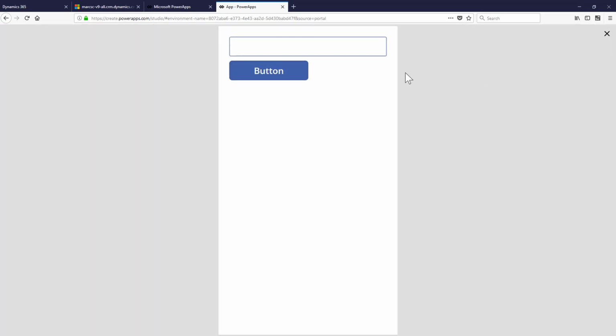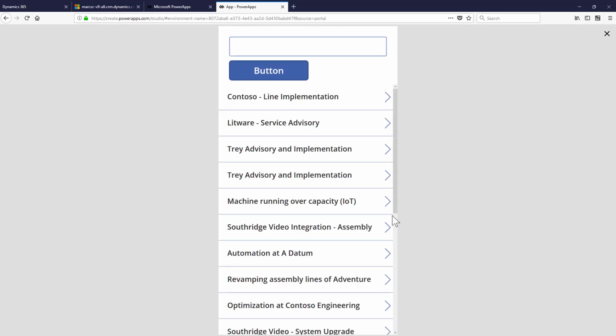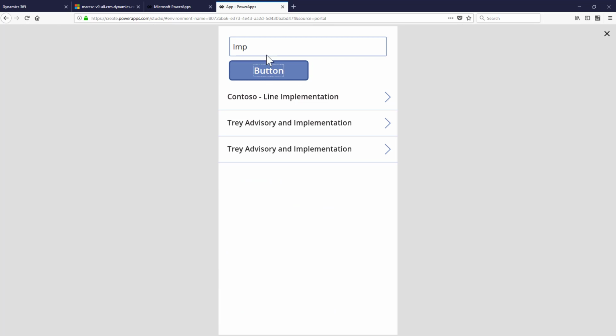So let's start this up, click the button. It's calling the flow. The flow is returning the data. If I come in here and I type IMP, there you go. If I type CONTOSO,